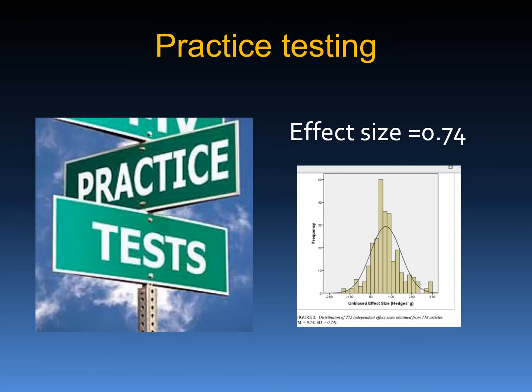Practice tests are known to improve student performance as they get to demonstrate their conceptual and procedural knowledge, become familiar with the format of the test, and get encouraged to discuss difficult topics. Based on a meta-analysis of 272 studies, the average effect size has been found to be 0.74 over other learning conditions. What if practice tests were offered to the students before each of the cumulative tests? Practice tests were given to students before each cumulative test.